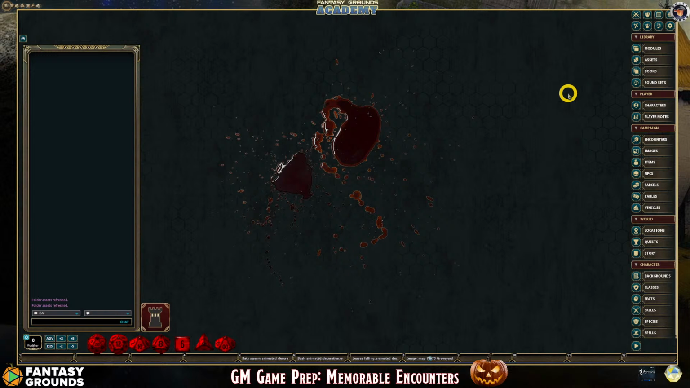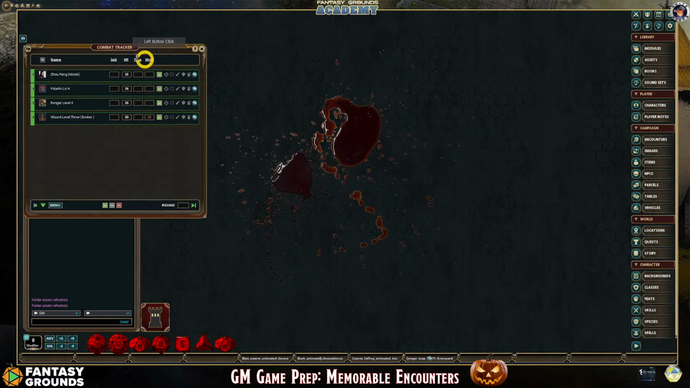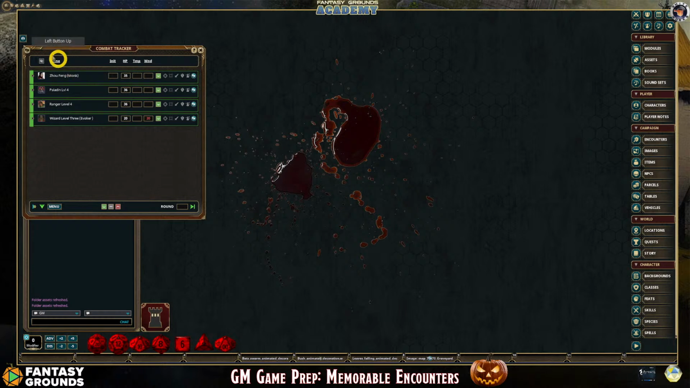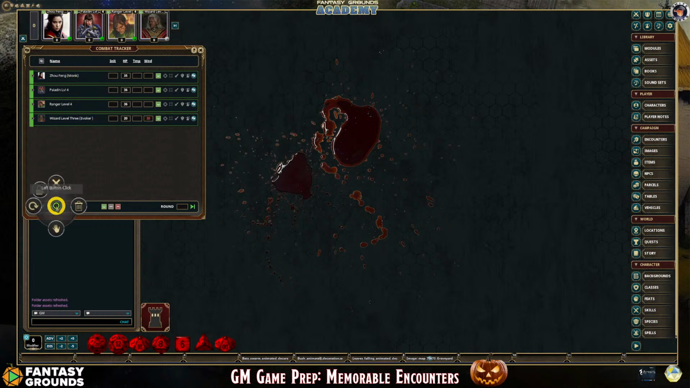So it's nice to have these encounters kind of ready to go, and you can adjust them if need be. Right now on the combat tracker, I've got 4 players, and these are just emulating PCs. I'm going to go to menu, go to rest, and do a long rest because one guy was injured here. Okay, so now that we have all those guys ready to go and the rounds are reset,